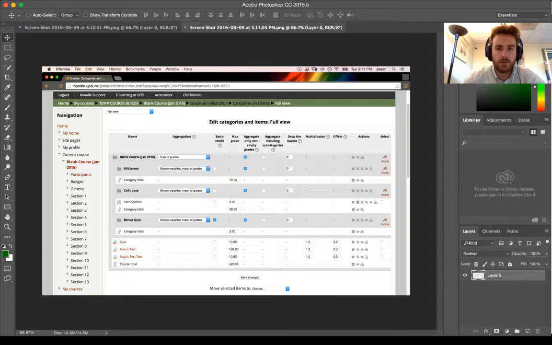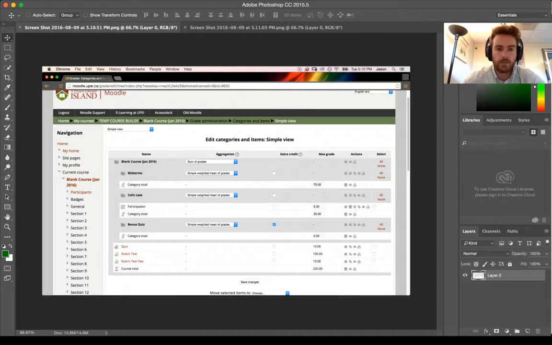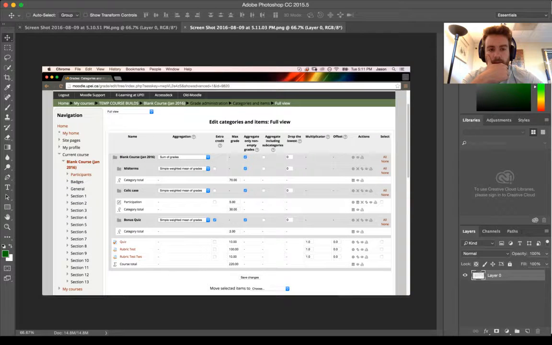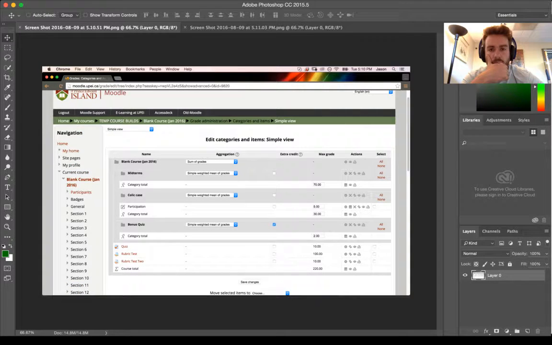So this is the full view. This is the simple view. Not sure if I want to identify those yet, or if I want to work mostly through simple view or the full view. Maybe what I'll do is I'll work primarily in the simple view. So what I'll be doing is making adjustments